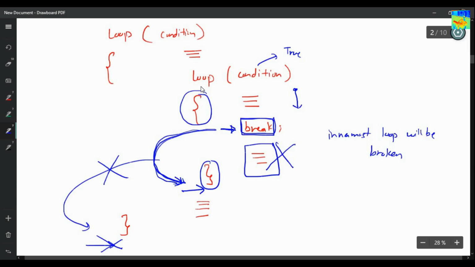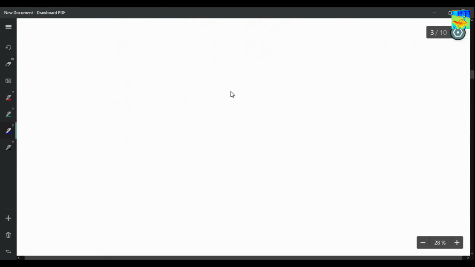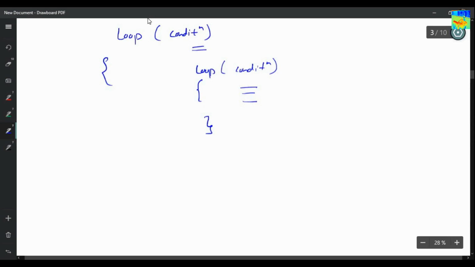Okay, now for example, if you are having a loop, condition, then again a loop, then again a condition, then some instructions, then an instruction, then break, then some instructions. Okay, so in this case, if this condition is true,